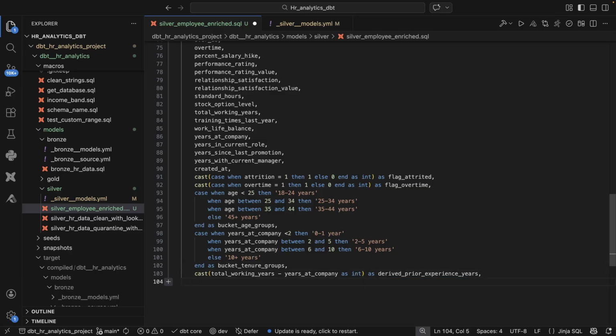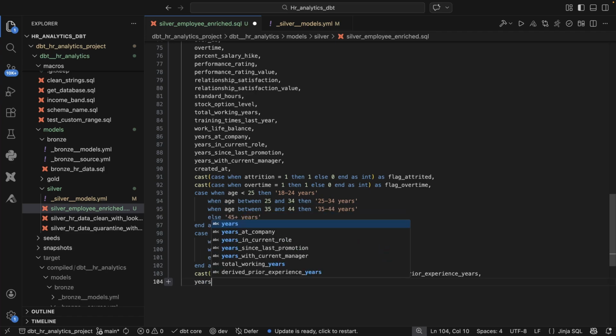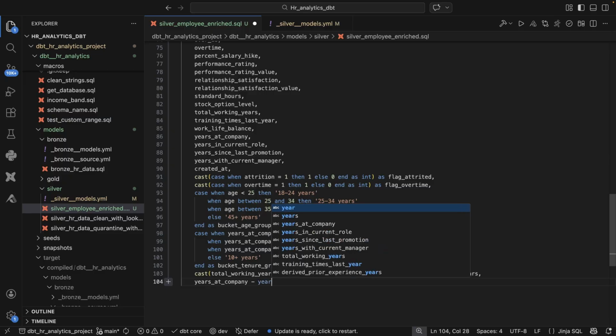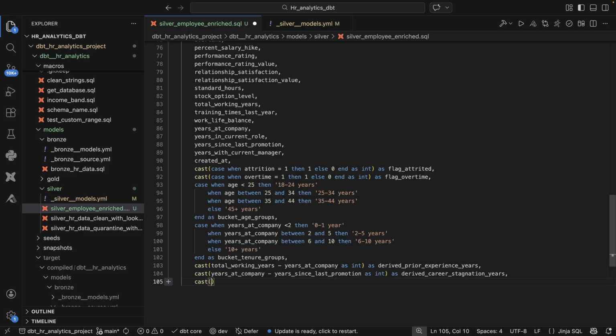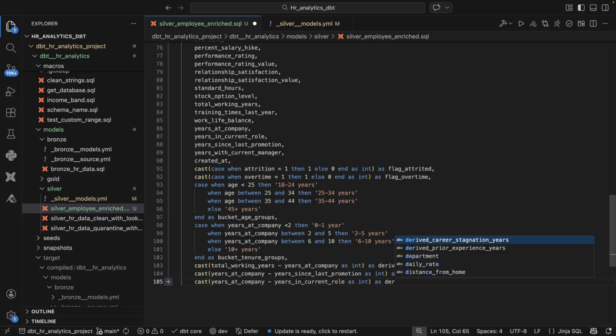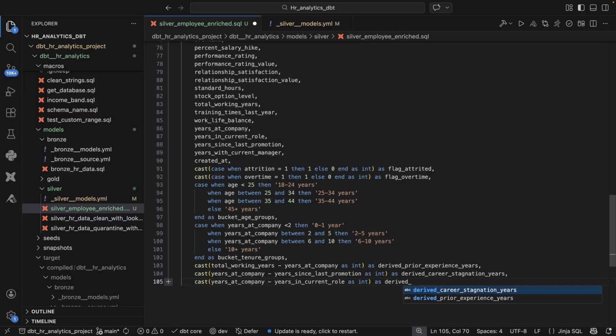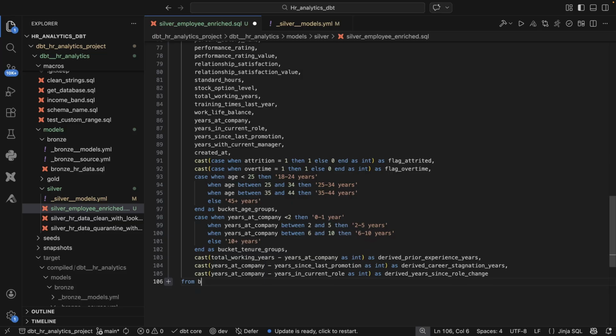Similarly, I will have derived career stagnation years. So that is years at company minus years since last promotion. And again, I'm going to cast this as int. So I'll write cast, and this is derived_career_stagnation_years, and then cast years at company minus years in the current role as int. We are again casting this as int, and I'm going to call this derived_years_since_role_change. So these are all the columns that I want to create,